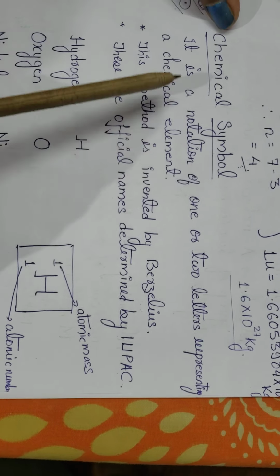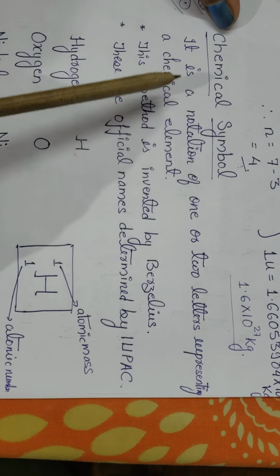Some elements or atoms in nature exist in the form of atoms only because they are already stable. They don't want to lose an electron, nor do they want to gain any electron. Such atoms which exist only in the form of atoms have an atomicity of always 1, and this group of atoms is called the noble gases. These atoms never form a molecule. But there are other atoms whose valency is not satisfied, so they can exist in different forms.